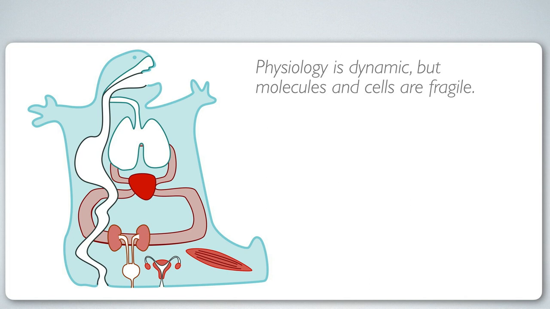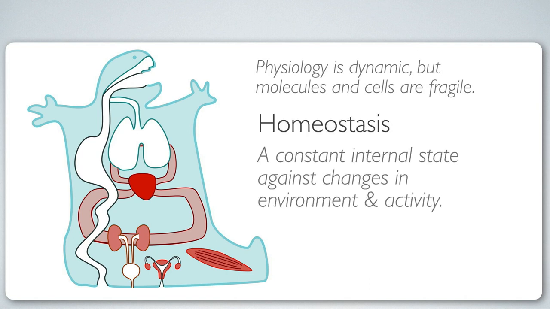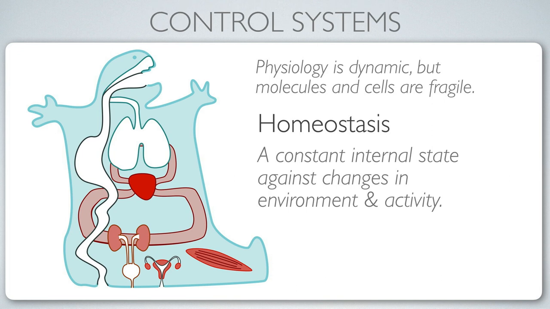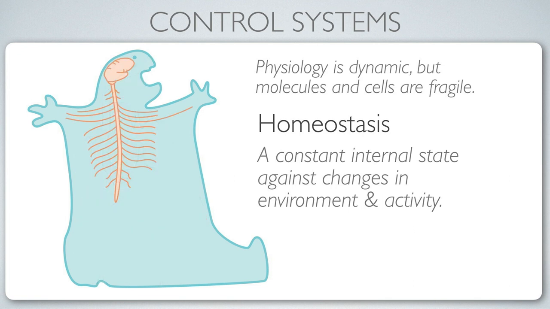So that's the challenge for these control systems, to maintain homeostasis, a constant internal state, against the changes in environment and activity that you may impose on that physiology. So that is resolved by control systems, physiological control systems. And in order to consider those control systems, we're going to start talking about the nervous system on a broader scale, not just individual neurons, but how the nervous system works in conjunction with physiological systems in order to facilitate